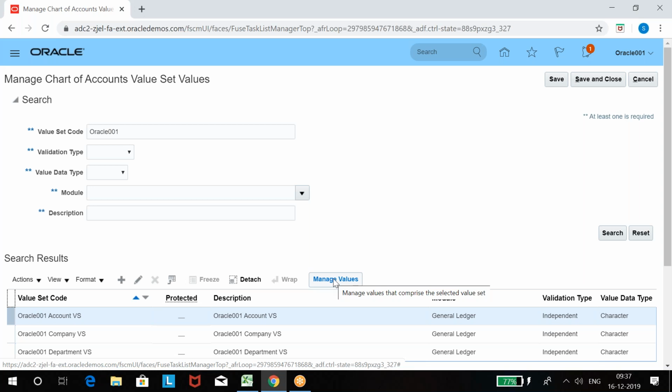In real time, what we do, we provide them Excel to collect data. We ask them to provide all accounts, whatever they were using in the previous technology. Same accounts we create in Oracle also. They are doing some accounts in Tally or some software. We ask them to provide with code, and we create that in the system. We provide them all fields, whatever information is required for creating accounts.